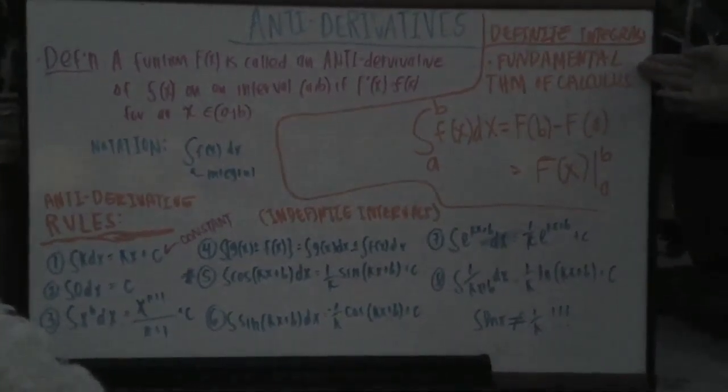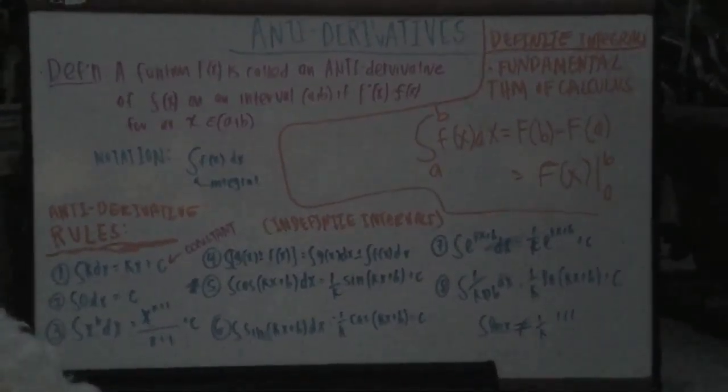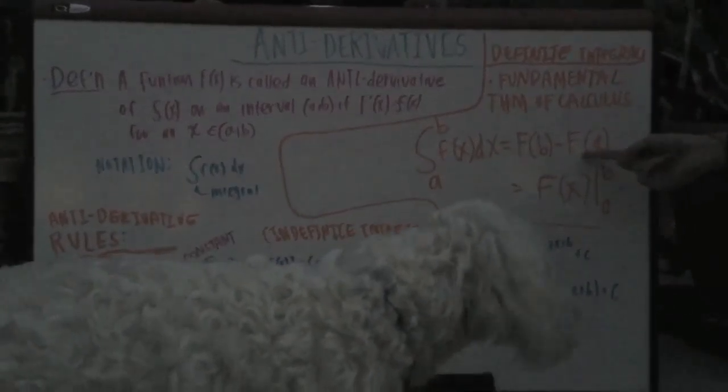All you need to know is the fundamental theorem of calculus part 2. In doing this, the c will cancel out, so it won't be there. The integral of function lowercase f of x from a to b is equal to f of b minus f of a. It can also be written as